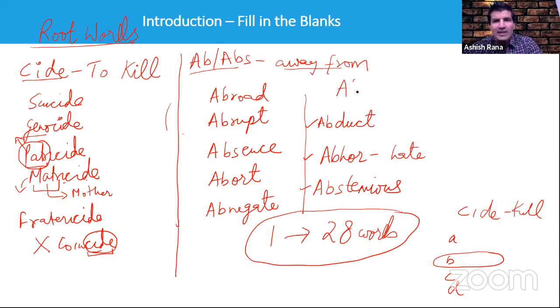Okay, when we say abstain, abstain meaning, if I say my parents abstain from smoking or drinking, abstain meaning they stay away from, right? So they stay away from, that is called abstain. Okay, abstaining from something. Okay, great. So excellent. So this is really the power of root words.